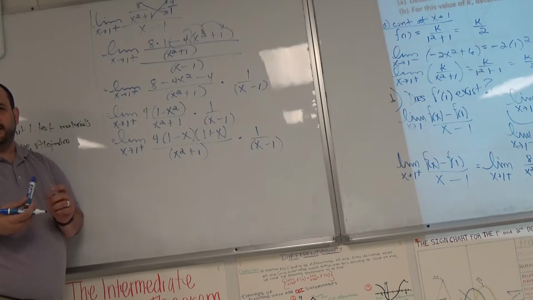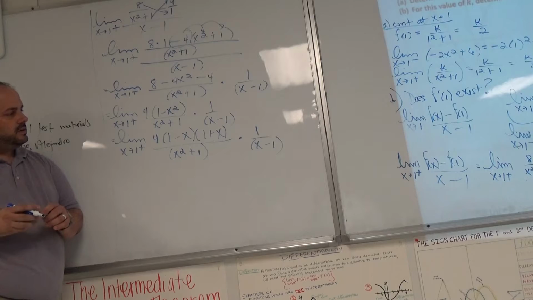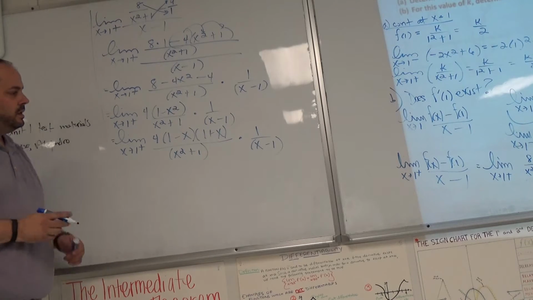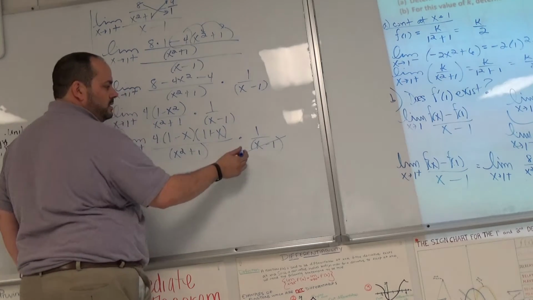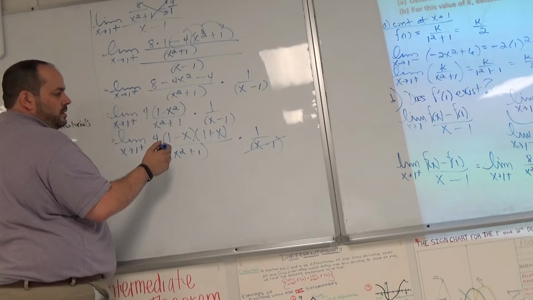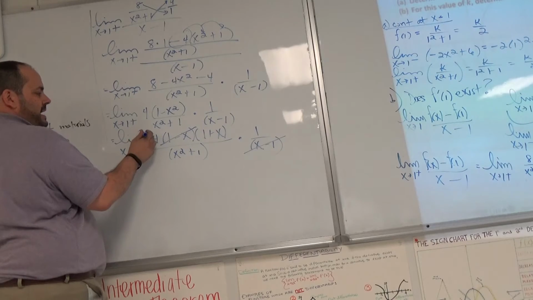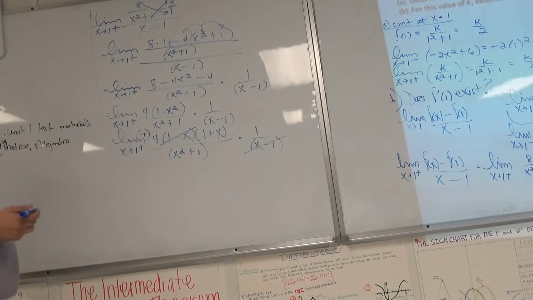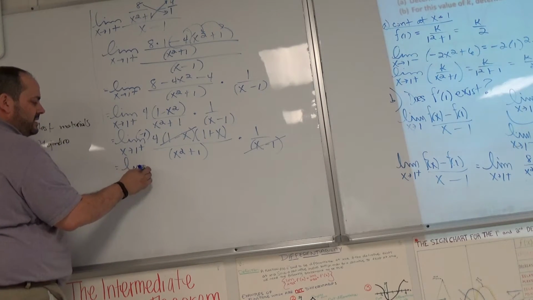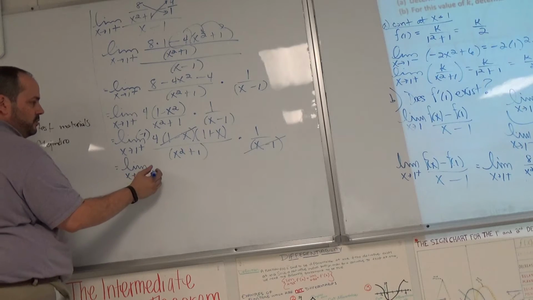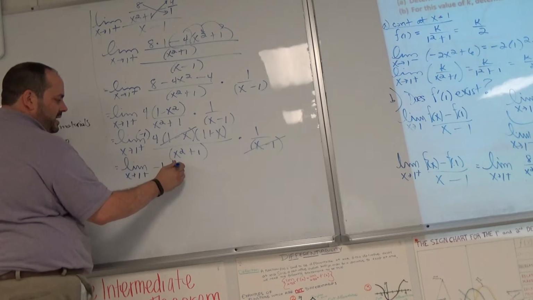There's some canceling that can happen here. Who sees it? Uh-oh. Jose, you see it? Where? x minus 1. x minus 1 and 1 minus x, and it's a negative on the correct. Okay, x minus 1 and the 1 minus x, those are opposite factors, so they're going to cancel and leave you negative 1. So now I need the limit as x approaches 1 from the right of negative 1 times